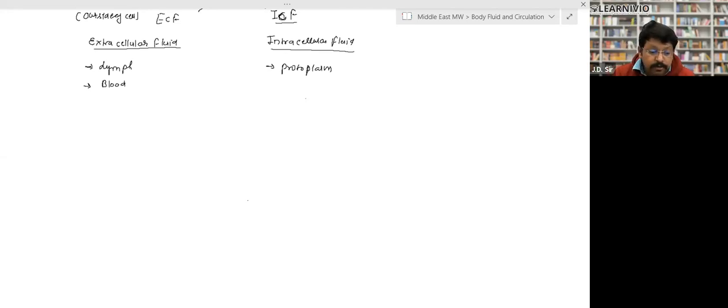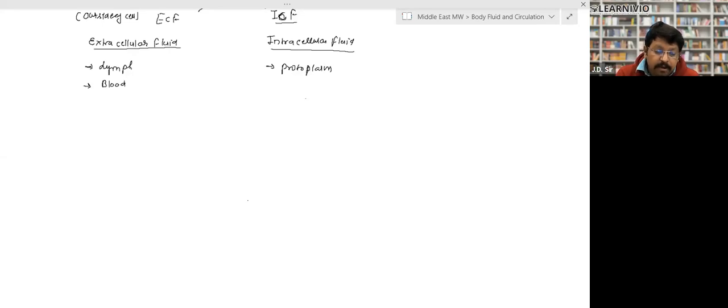Intracellular fluid means the fat people will have less water in their body. Non-fatty people will have more water in their body. Intracellular fluid, ICF means intracellular fluid